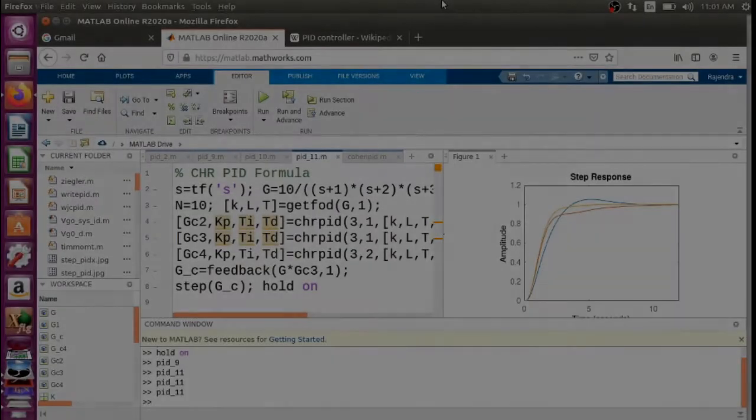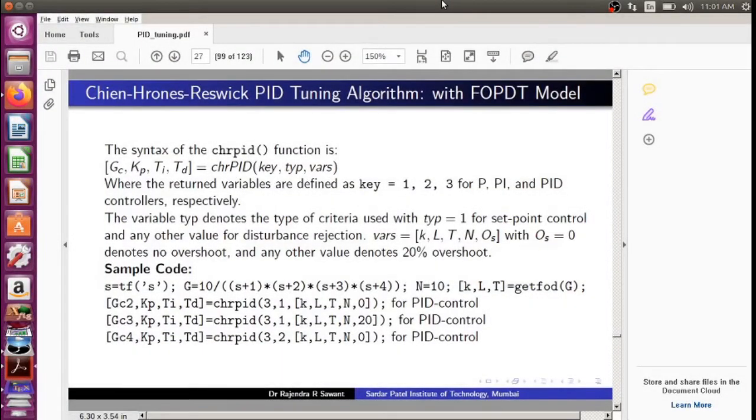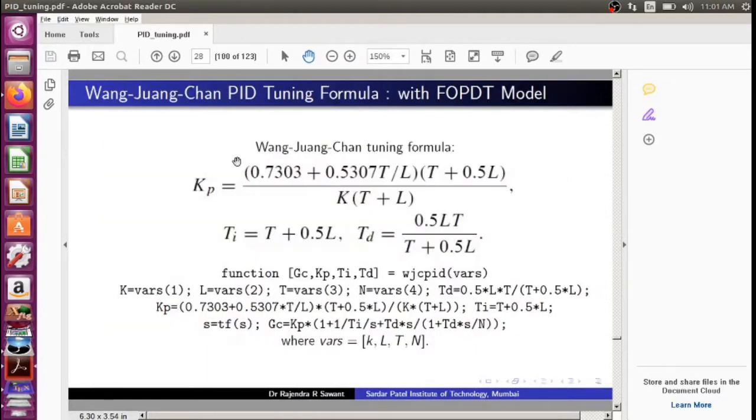Now let us move on to another important method of PID tuning, that is the Wang Juang Chan or WJC PID tuning formula with the FOPDT model. Here also, directly we have to write down the formula.